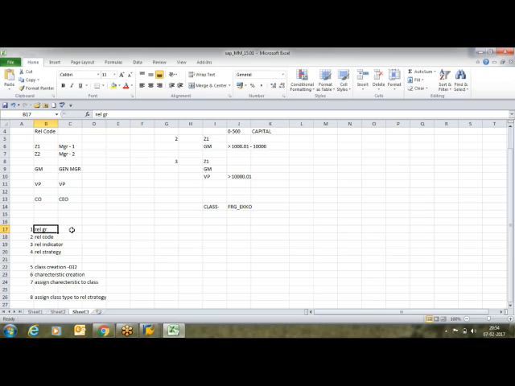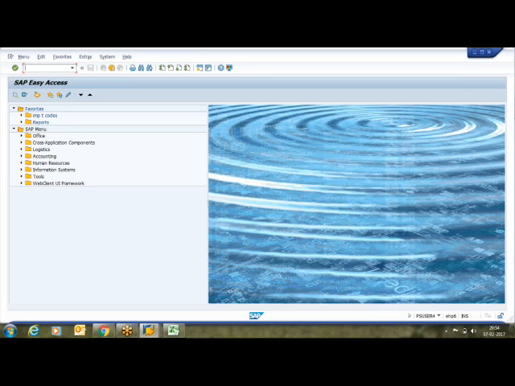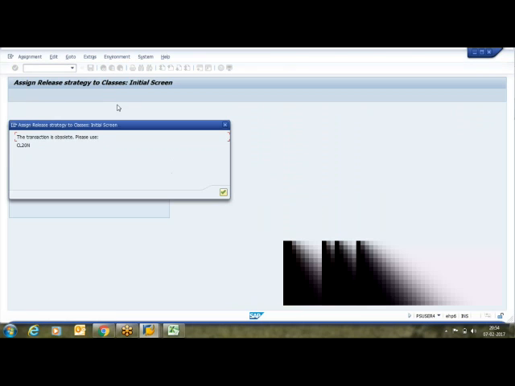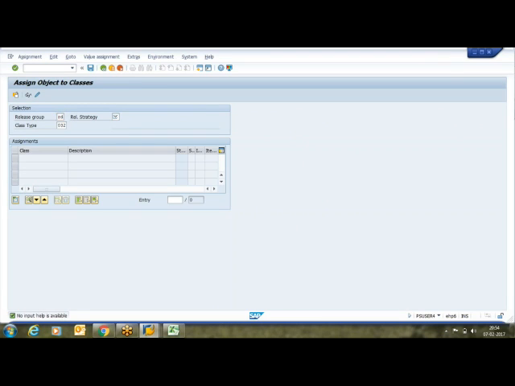And our final objective we achieve at step number 8. For that purpose we use the transaction code called CL20N. First of all, I'll pick up a release group. So RD was a group. Under RD group,